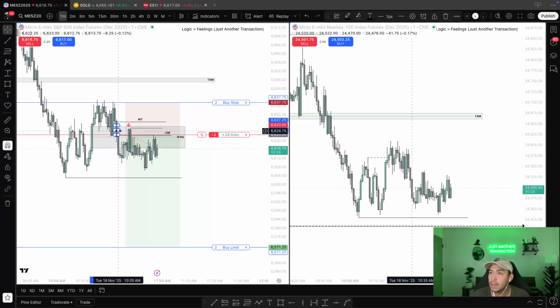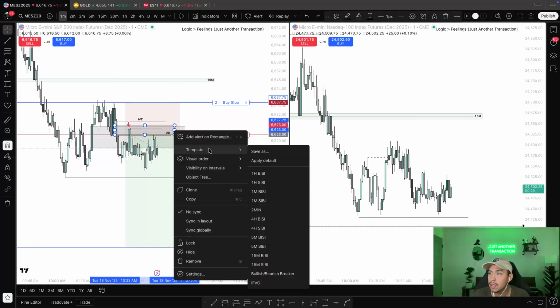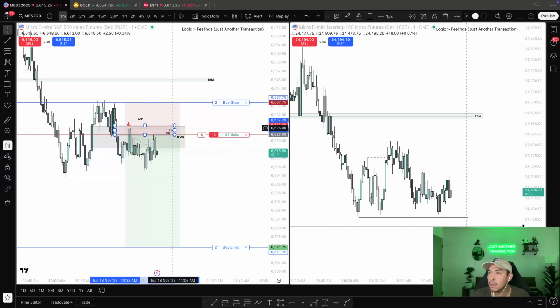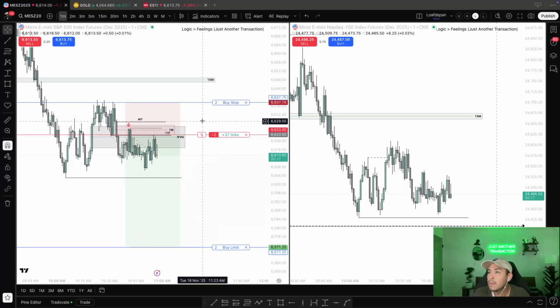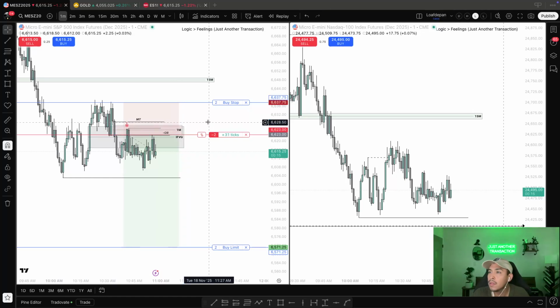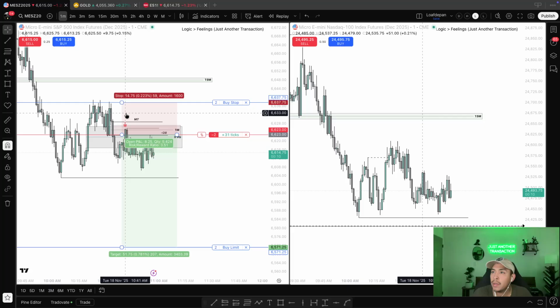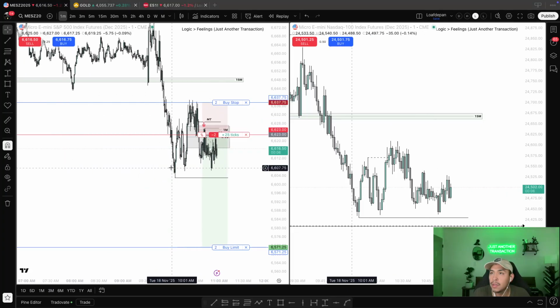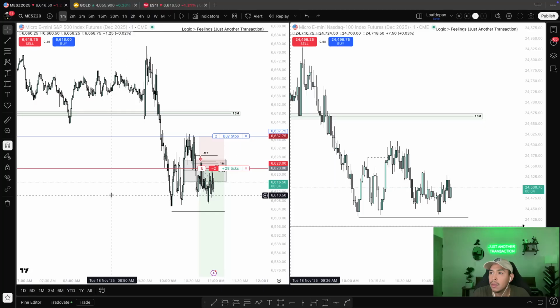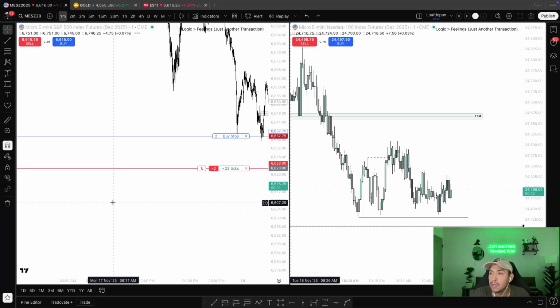And then we obviously have the fair value gap, which I can draw on there too, but it's going to be really packed up with drawings. It's your 1-minute inefficiency. We'll just put a 1-hour SIBI because my 1-minute looks ugly. Let me just change it. And then, yeah. So this is a framing of the trade. And obviously we're continuing lower.